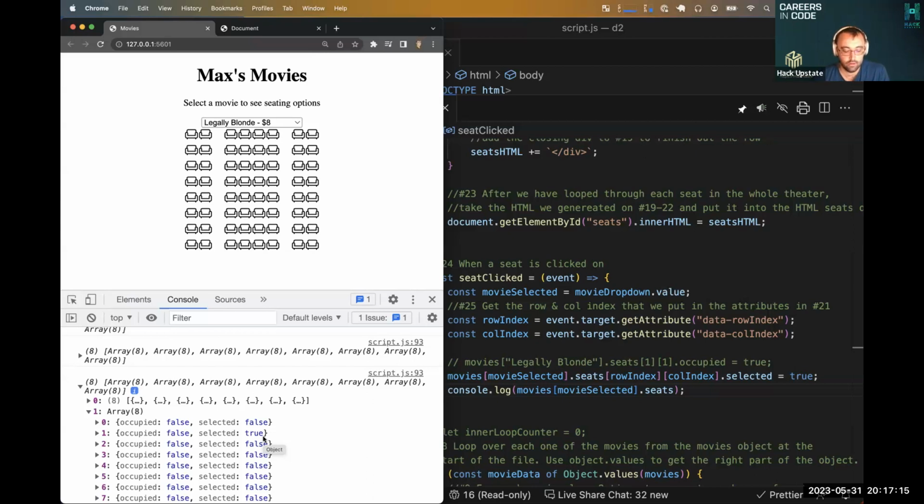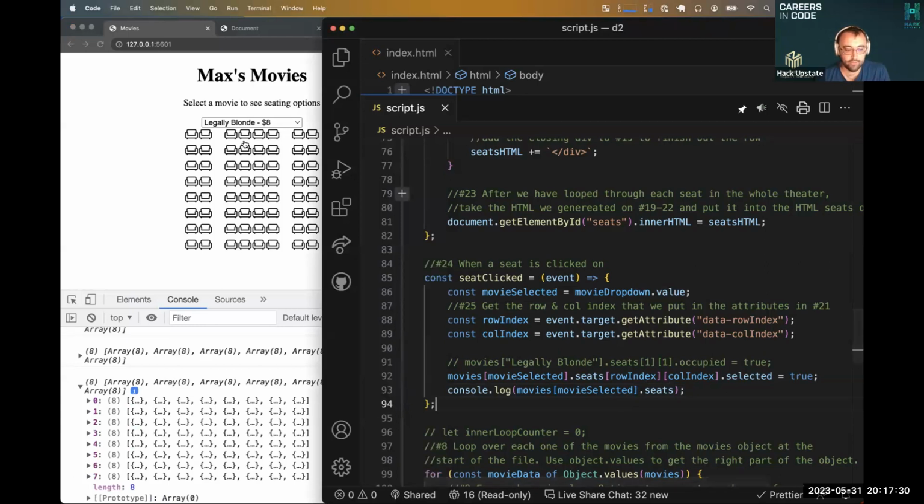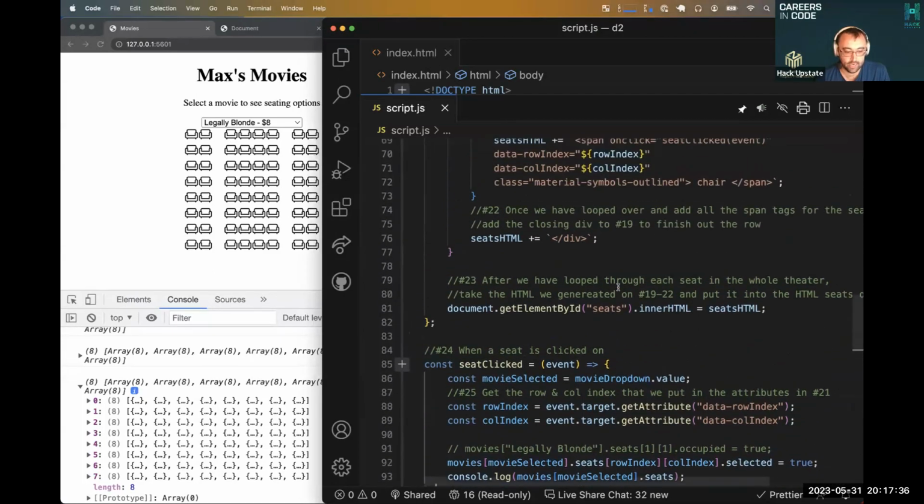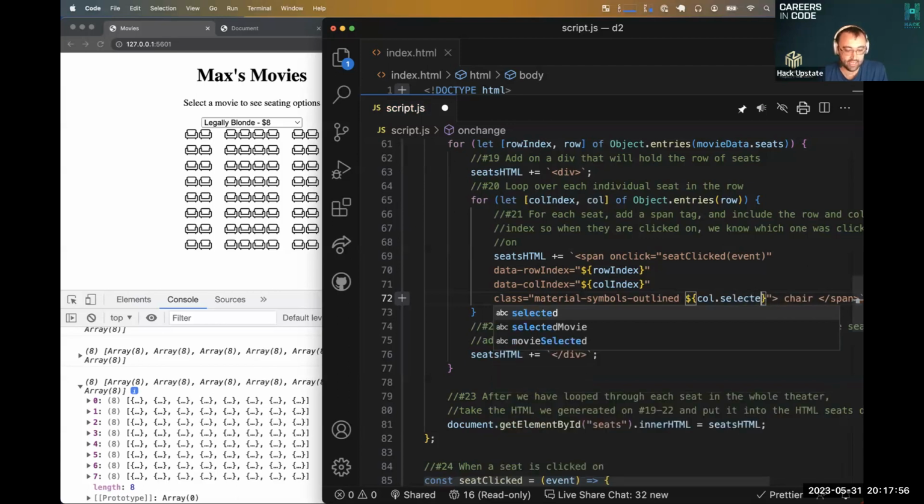Okay. So we're close. We've got to be really close, right? Our data is updating. Everything looks right here. But I still don't have a blue seat. So what I'm going to do is come back to my for loop up here. And inside this class, I am going to put in another template literal. And if this call is selected,